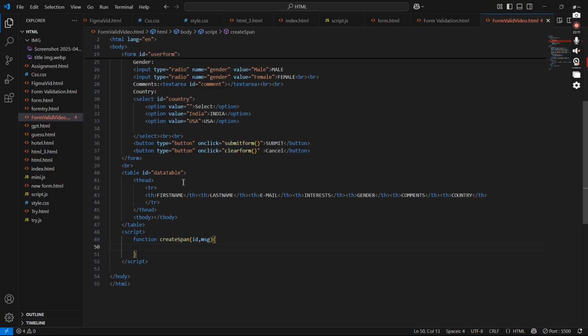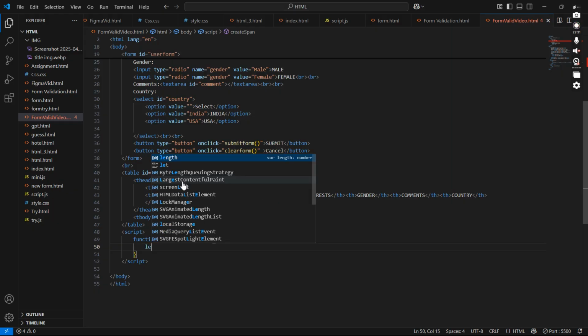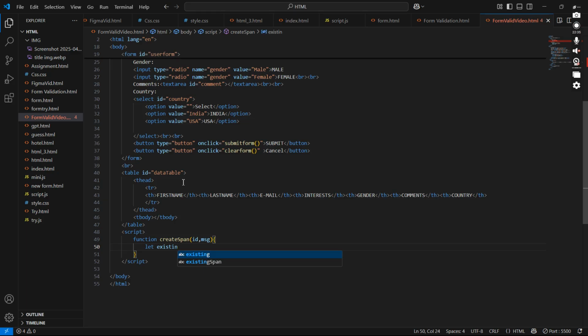We can call the id, and the message we can manipulate in the DOM, and we can have the message inside that. So function createSpan(id, message). Then inside that we'll create a variable, let existing